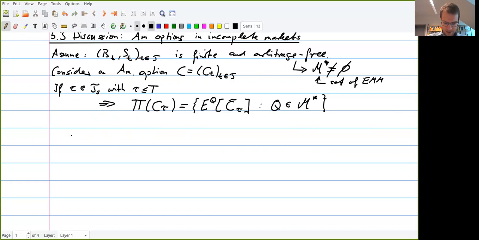So this is unfortunately not the focus of the lecture, but you will not be surprised to see what the results look like. So what do we want to understand now is the set of arbitrage-free prices of the American option. So if I look now, in the same way, at the set of arbitrage-free prices of the American option,